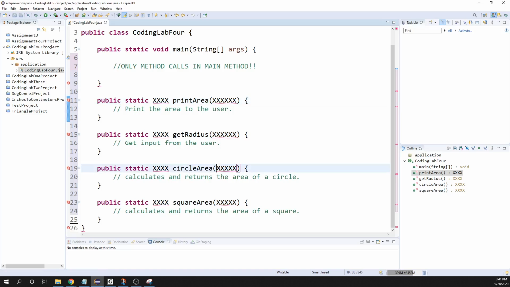So for instance, in the circle area, the area of a circle is pi times the radius squared. So obviously you're going to need the radius for the circle area part. For the square area part, you're going to need the side length of a square. So there's going to be some inputs. And then once a method is called, it passes back information through the return statement. So you're going to have to decide on the return types, and then you're going to have some return statements in some of these methods. All right, so that is a general overview of this